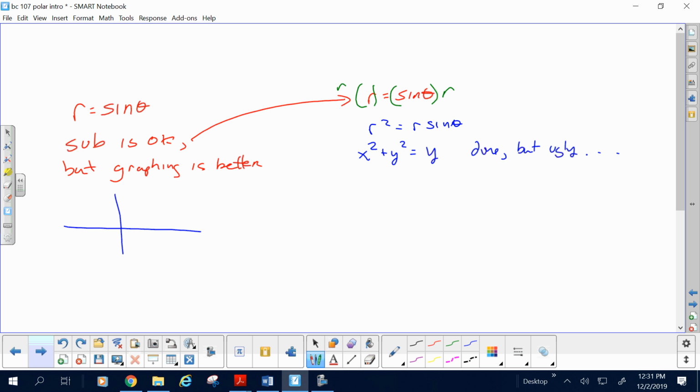What's the graph of this look like? Circle. It's a circle symmetric at the y-axis. Is the radius 1 or the diameter 1? Okay, so if this is 1, therefore the center is a half. Can you just write the equation of that in rectangular based on what you see? X squared plus